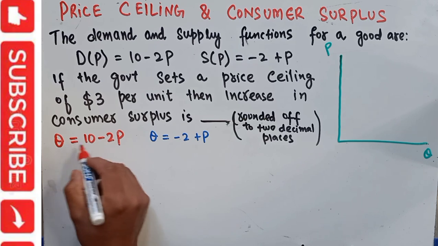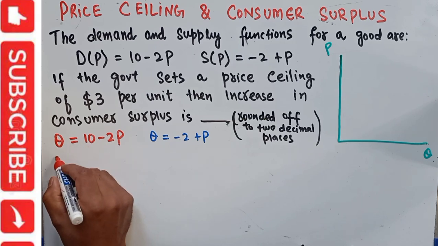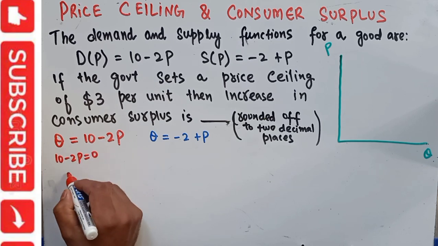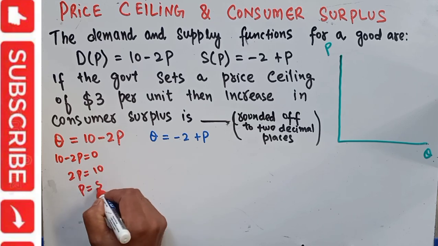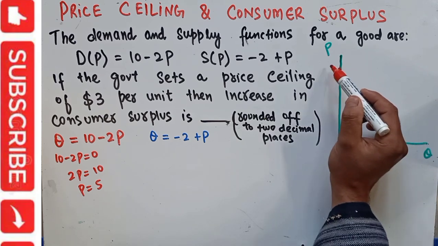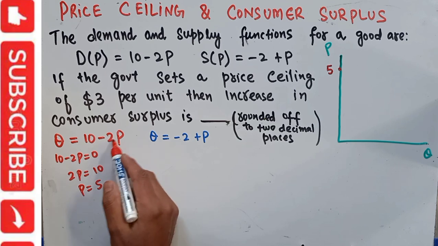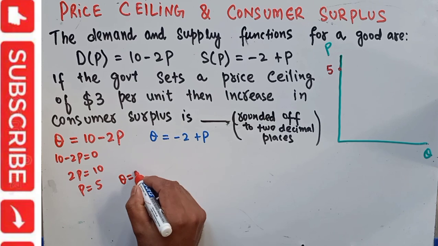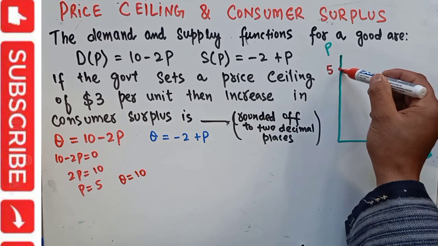When Q is equal to 0, that means 10 minus 2P is equal to 0, or 2P is equal to 10, or P is equal to 5. So for the demand function, the price intercept is 5. Similarly, when P is 0, Q will be equal to 10. So this is our demand function,